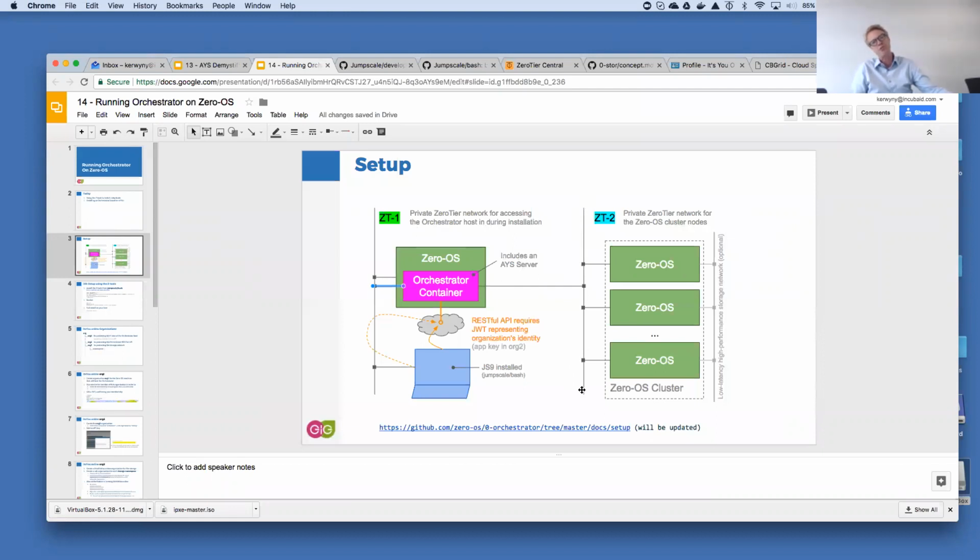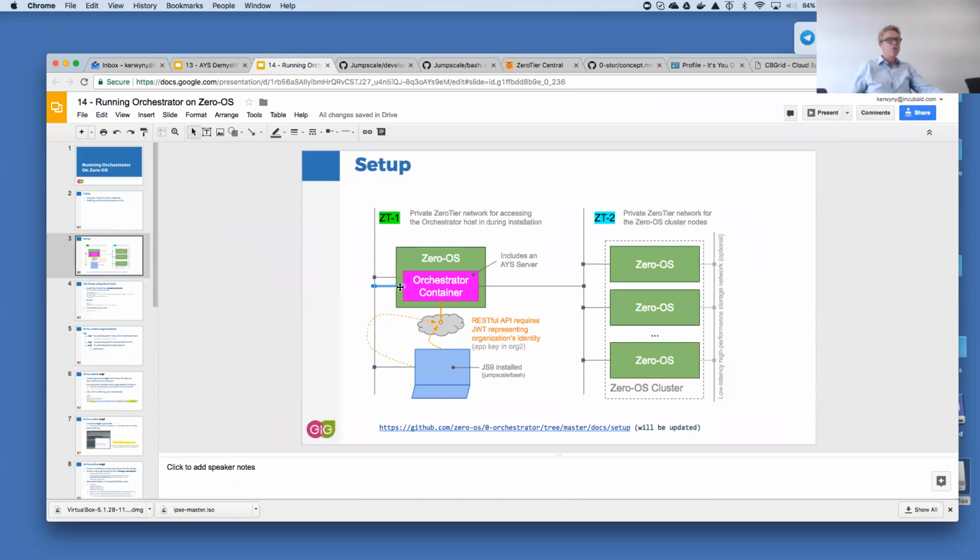because the second zero-tier network is a zero-tier network where all the ZeroOS nodes need to be joined. Now, as I said, the orchestrator joins two zero-tier networks. The one which is the most important one is the one where you have the cluster, but also joins the zero-tier network that you have been creating, that you have been setting up first in order to do the installation.